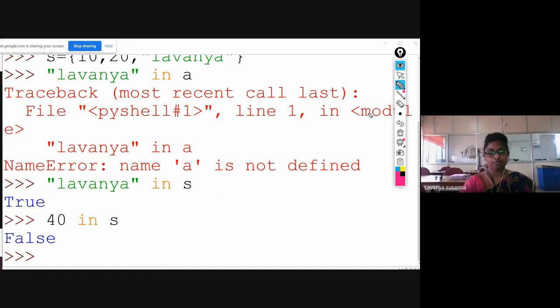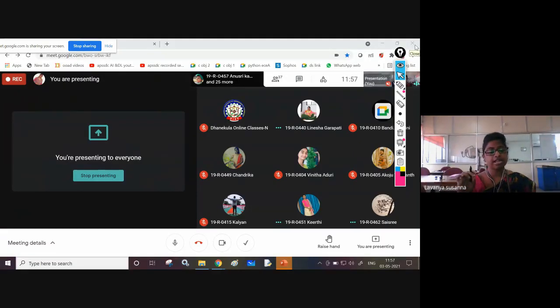Now let us see operations. What are the operations you can perform on this set? Remember that individual elements you cannot access from this set using the slicing operator.